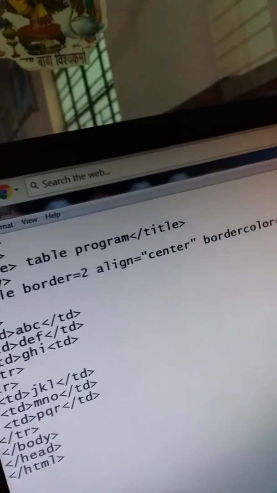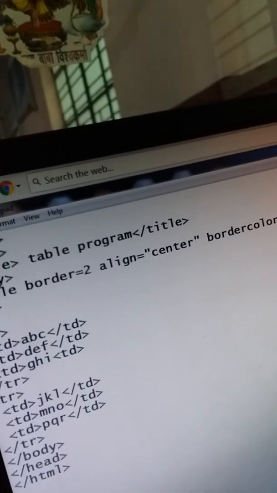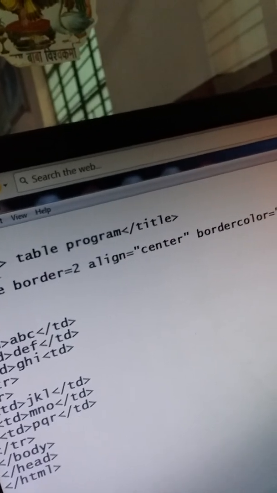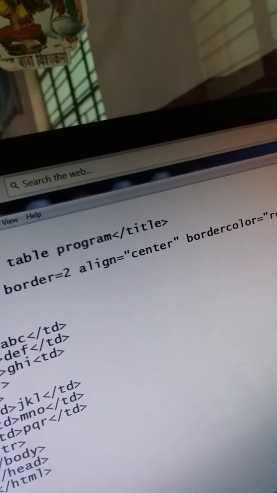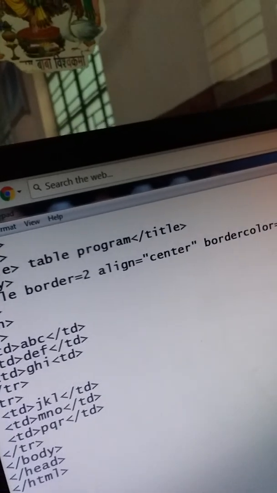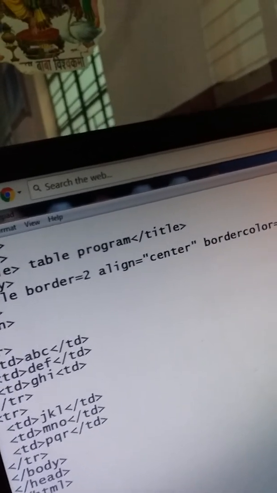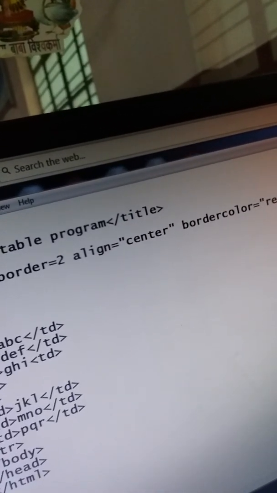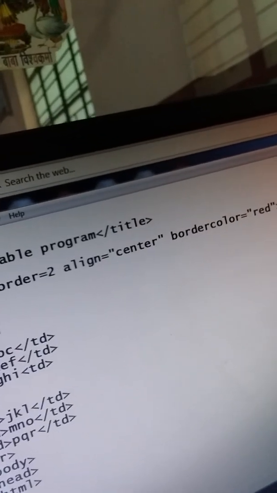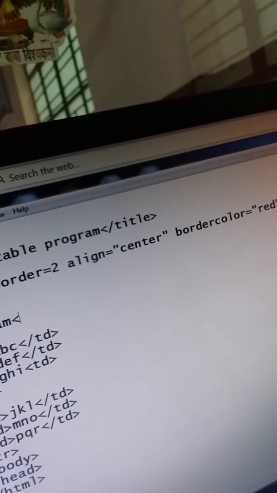Inside the tr, I am going to use th. The th tag is used for table heading. Inside the th, I am writing td, name, Ram. Close the td tag.